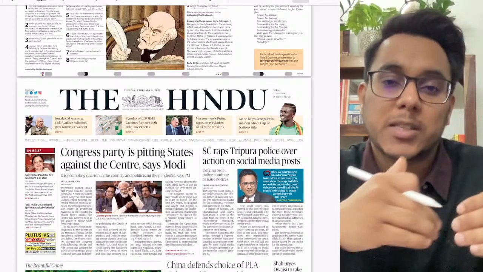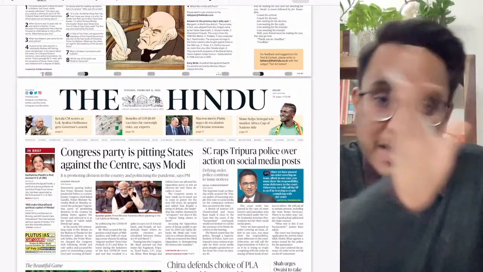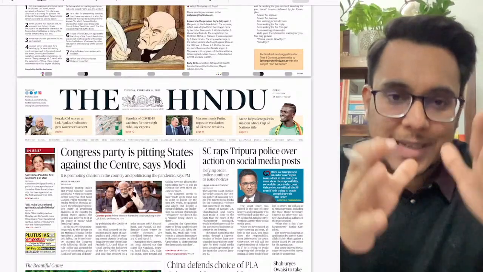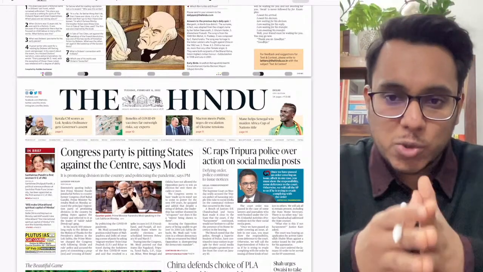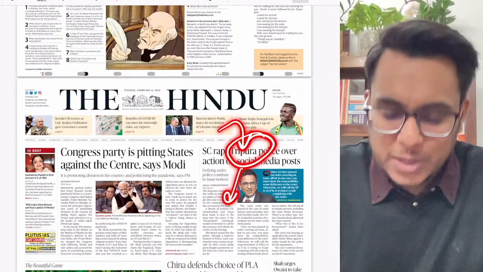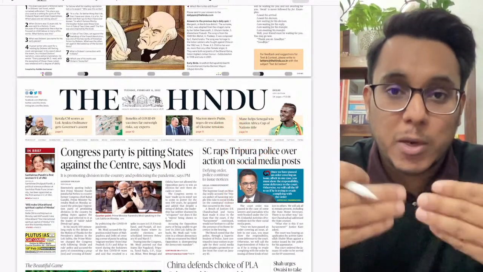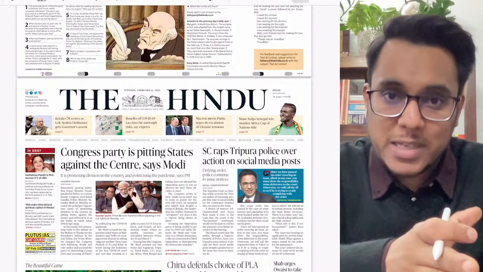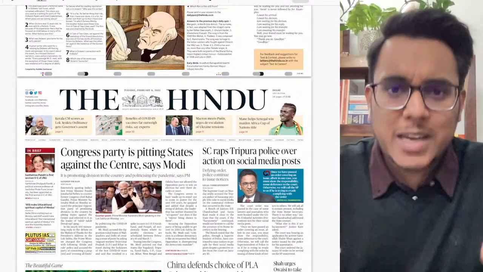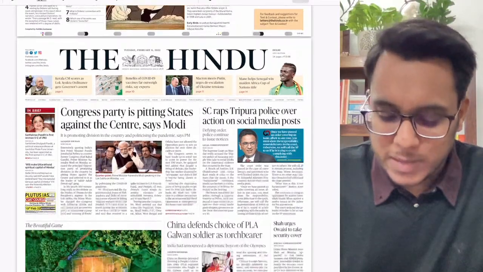They say that okay, the person who made the statement is trying to promote enmity in society, and the police try to silence the dissent. So the Supreme Court had actually rapped the Tripura police, saying that the social media posts which people are using in order to criticize the violence that had happened, it is wrong. Police should not silence the criticism. So just a one-liner concept is there. Apart from that, there is nothing.